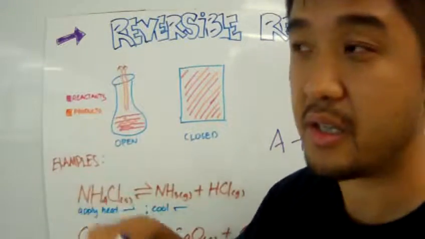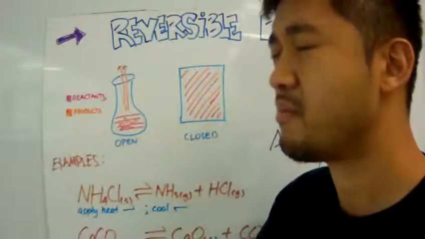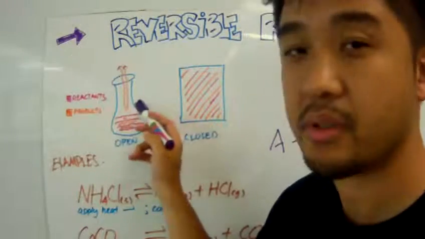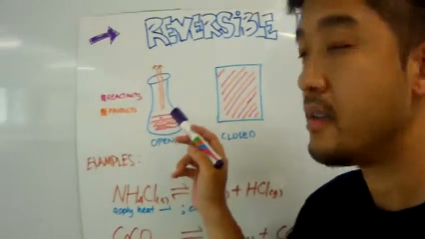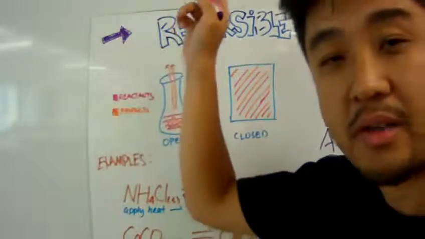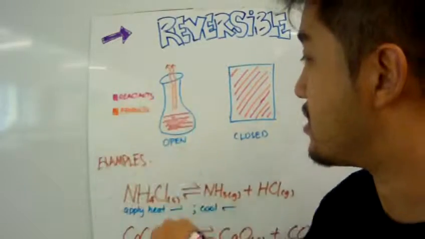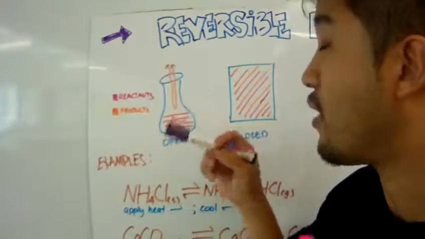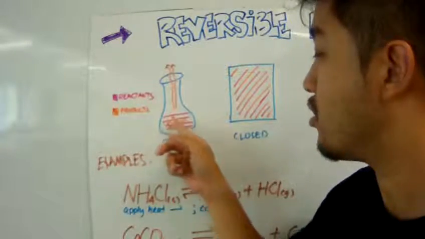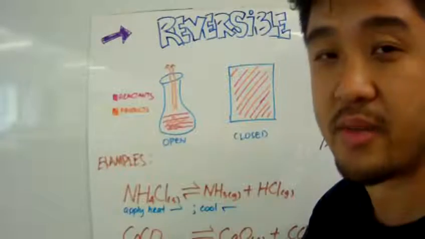If the reactants are solids and the products are liquids, the products may escape from the reaction vessel. In this example, I have drawn one of the products as a gas, and it will evaporate up and escape away out of the vessel. So you don't have those products anymore,